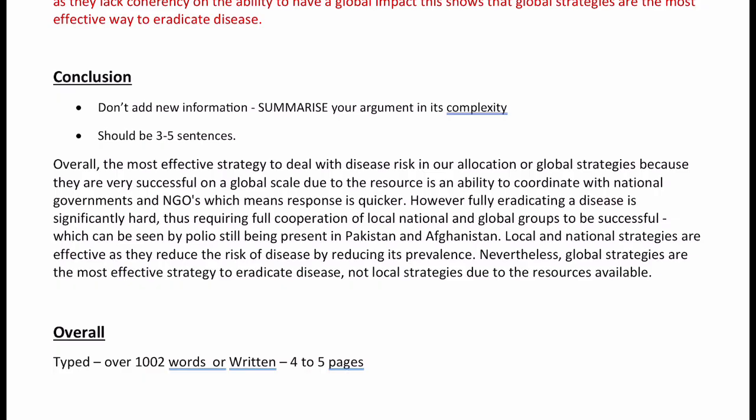This essay, when you type it out, is over 1,000 words, roughly 4 to 5 pages of writing. This can be done in 45 minutes. Extra time candidates would obviously have longer than that, but this can be done in exam conditions. I would say that the fundamentals are following this technique and trying to apply it and having enough time to have a good introduction and a good conclusion, rather than trying to get 4 or 5 arguments in there, case study dump lots of information, and not have an absolute structure to your argument.